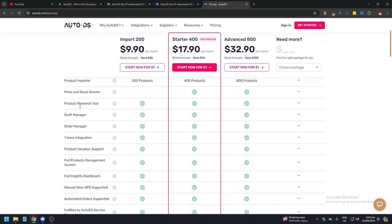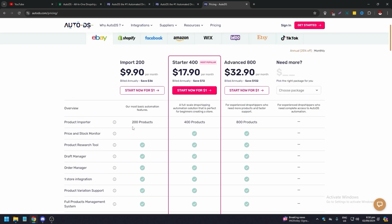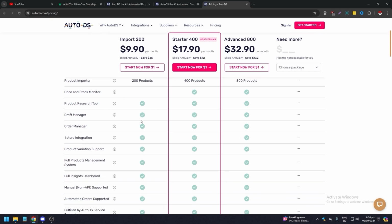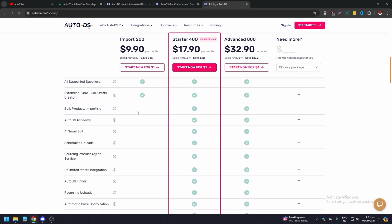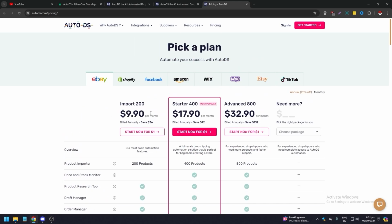With import, you get 200 products. The product research tool is available, and the graph manager is available. You can see all the available features, and the ones that don't have checks are not available for that plan. So again, it depends on